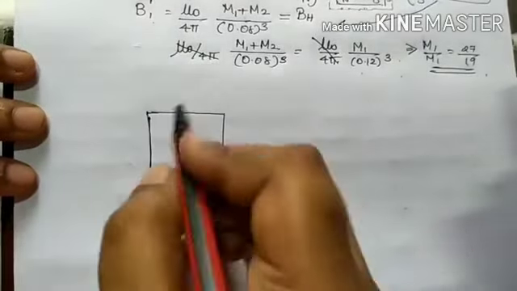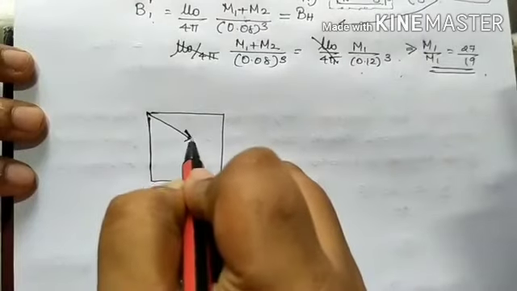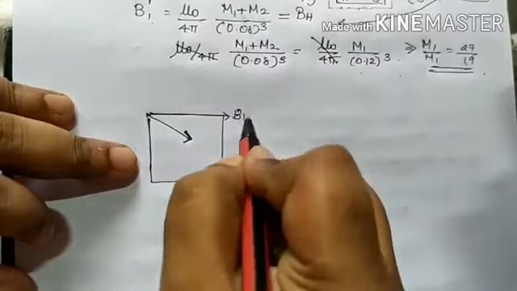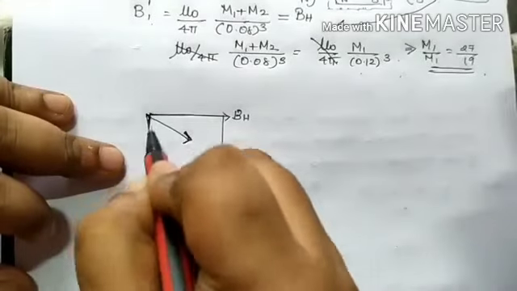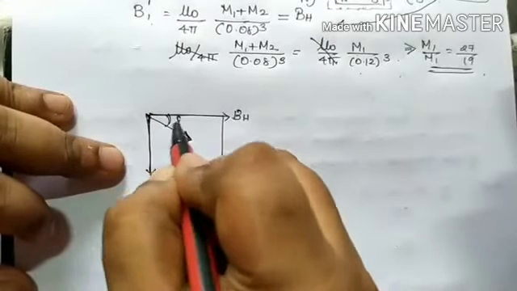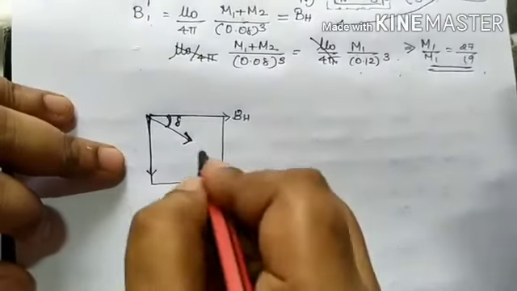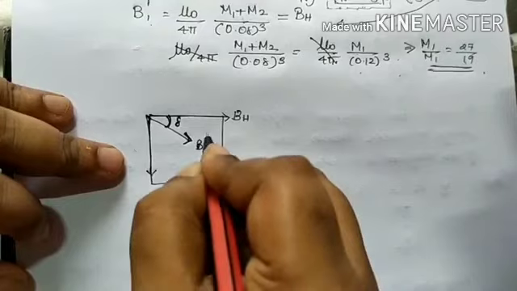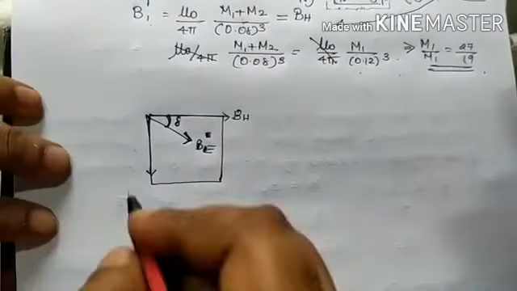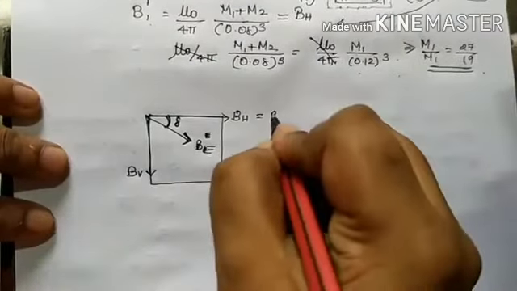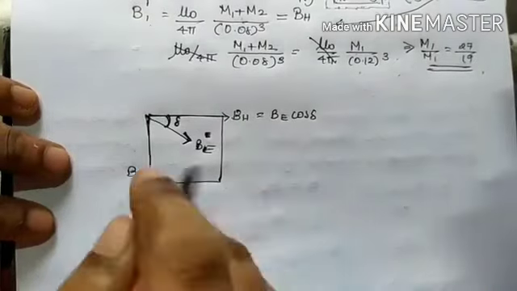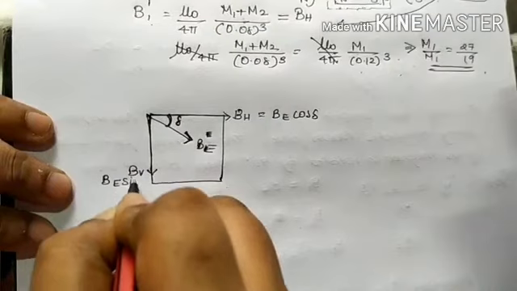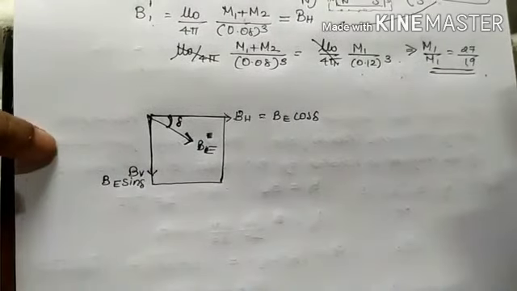Magnetic meridian. Alright, now I'm going to consider this is the actual angle which is made by our dip needle, not compass, dip needle. This is the horizontal and vertical component. This is our true dip angle, let's say delta. This is BE, let's say this is BE itself. Now I'm going to consider this is BV. Now BH is BE cos delta, BV is BE sin delta, this you know, right? I'm writing it because it is very easy if you understand the entire logic of it.